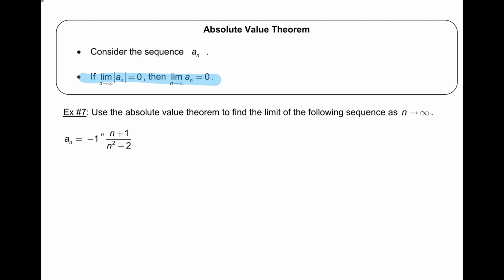If our sequence goes to infinity, our very last term is going to be the infinitieth term, the nth term. The very last one's the infinity term. So if the limit as n approaches infinity of the absolute value of a of n is zero, then the limit of the sequence as we approach the last term goes to zero. It also can be said that if the limit as n approaches infinity of the absolute value of a of n does not equal zero, no conclusion.